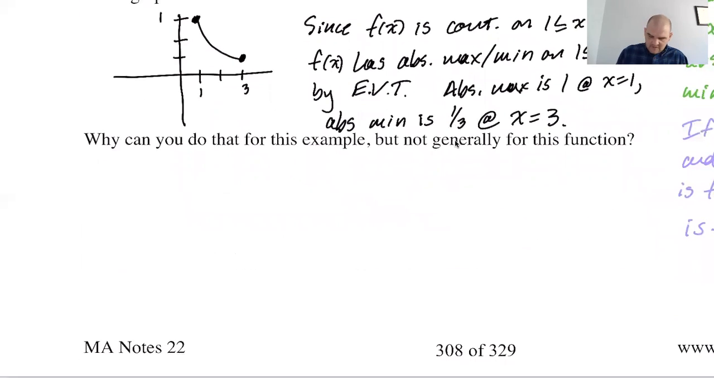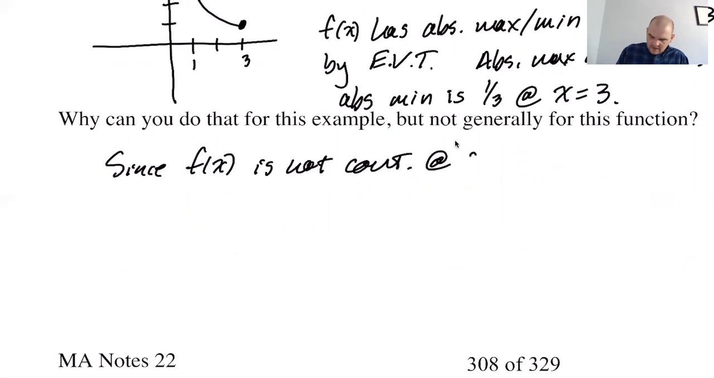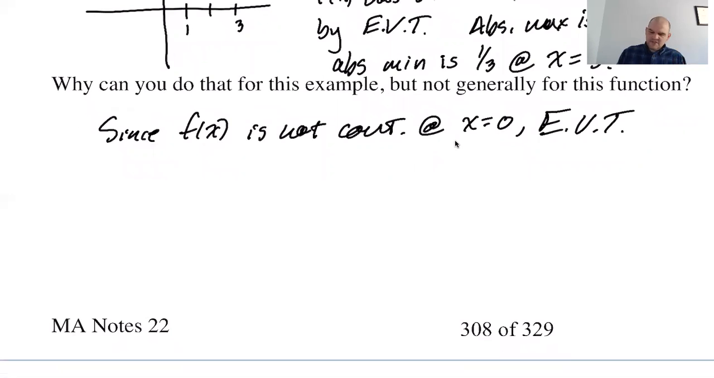So I'm going to say, since f of x is not continuous at x equals 0, let's say EVT. In calculus, maybe more than any math class you've ever taken, you have to think about what you're going to write. So I have a lot of false starts, and then I go back and I'm like, no, I can do this better. So since f of x is not continuous at x equals 0, EVT does not apply